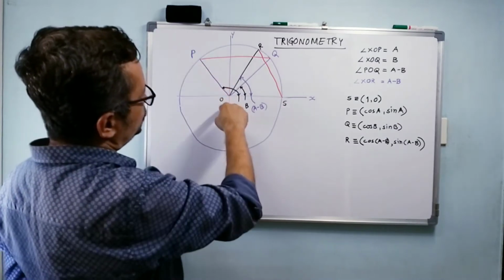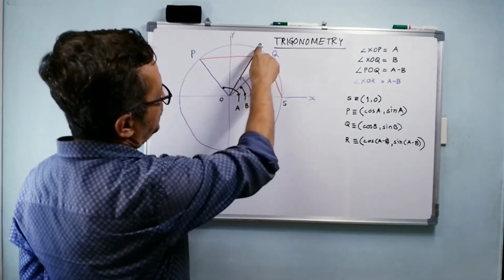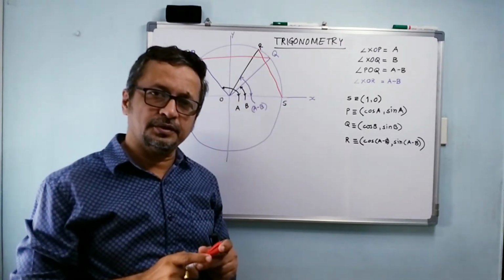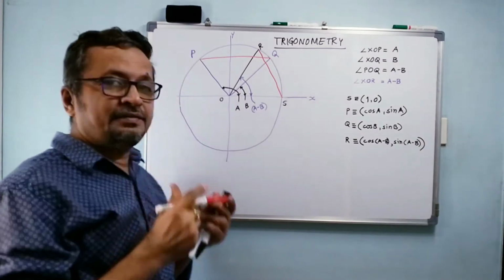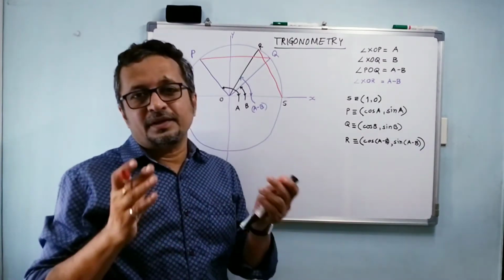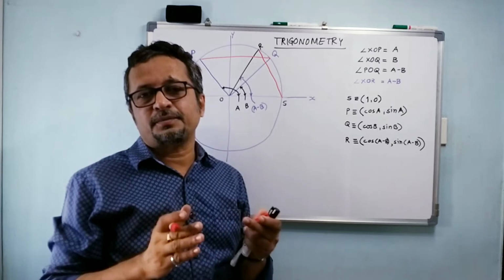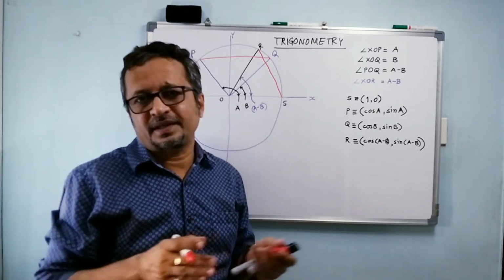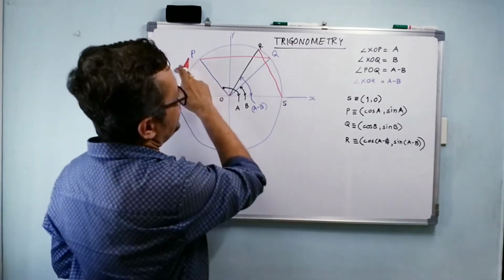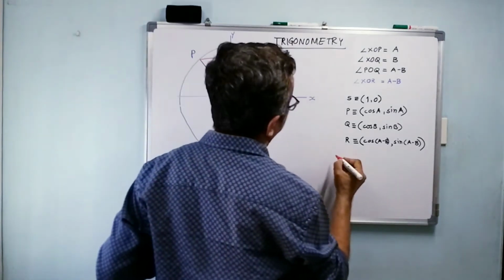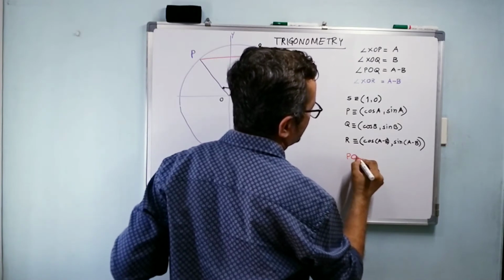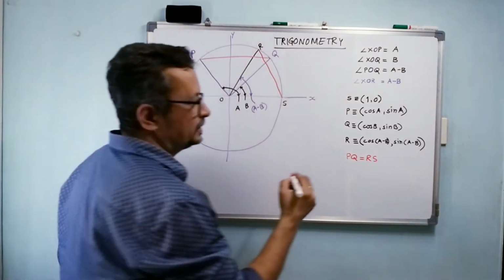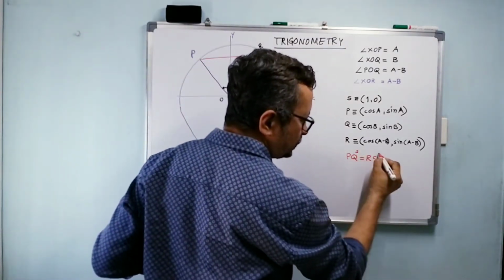My angle POQ and angle ROS, are they not the same angles, congruent, right? So if two angles are congruent at the center of the circle, the lengths of the chords they cut are the same. So I can say that PQ is equal to RS